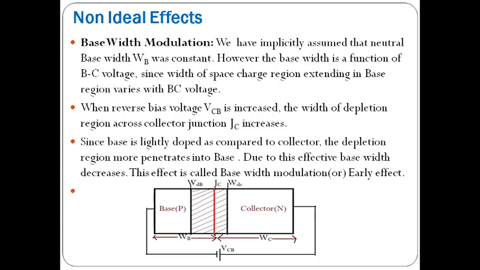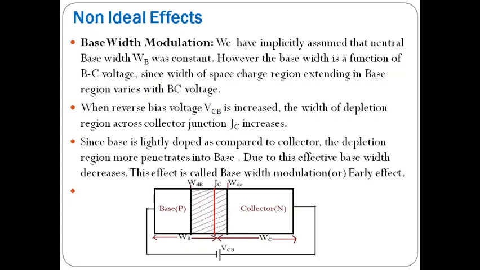But when we are using the BJT as an amplifier, the transistor must be in the active region. That means the emitter junction is in forward bias and the collector junction is in reverse bias. Across the collector junction we can observe the space charge region or depletion region by applying the reverse bias voltage to the collector junction. We already know the depletion width penetrates more into the lightly doped region and less into the heavily doped region.